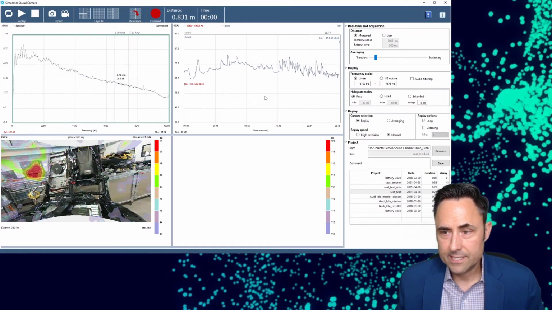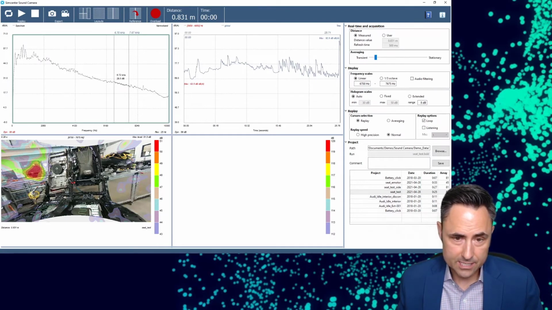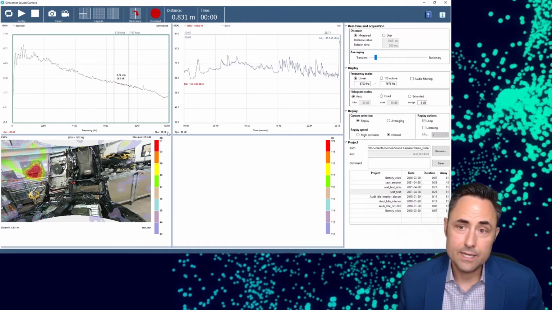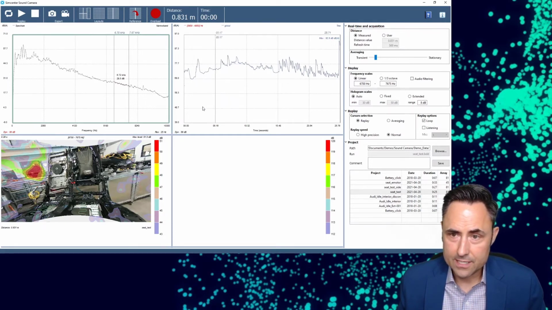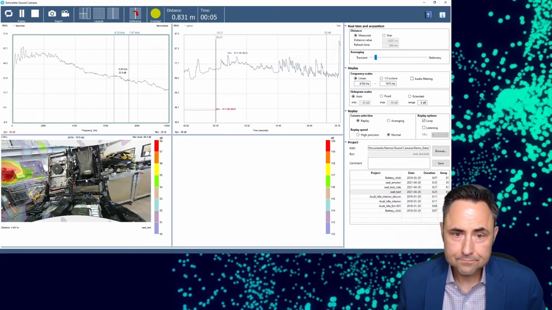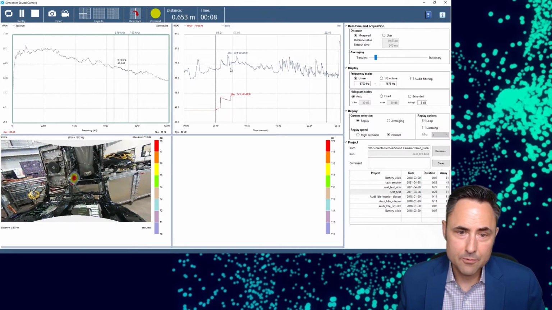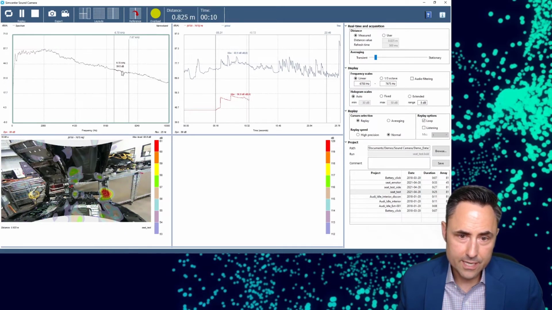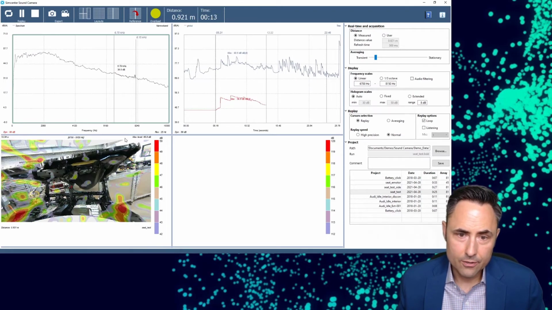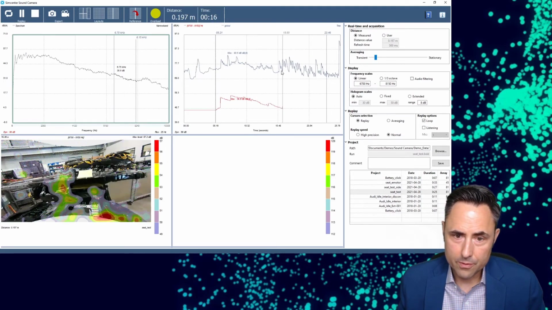One of the nice things about the Sound Camera is that I can do these motion or transient noises. In this case, we have a seat mechanism that had a noisy mechanism, and we want to figure out exactly where in the mechanism it is. You can see the time history over here, and you can see these transient clicking events. I can take these X cursors in my time domain and hit play, and as I'm going through the time domain, I'm localizing these frequencies and I can tell where the noisy part of the mechanism is.